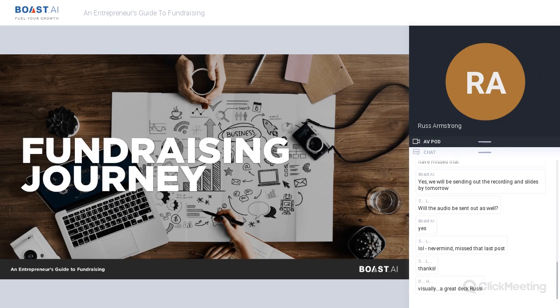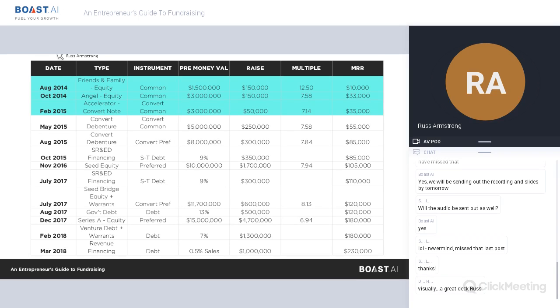So at this point, I figured I could walk through kind of a life cycle and some of the thought processes around when we were raising and trying to understand how to get to market and grow our company in the most effective way. So early on, what we did is we did some common priced rounds where we actually raised at a multiple, and we were just doing a common equity.